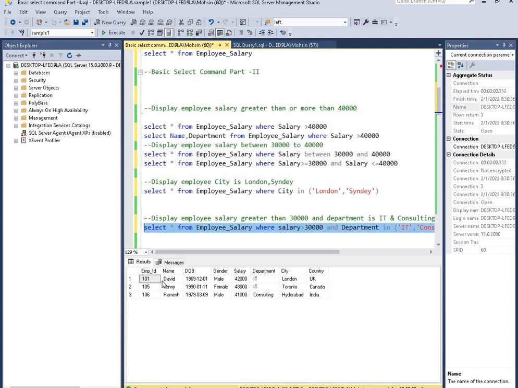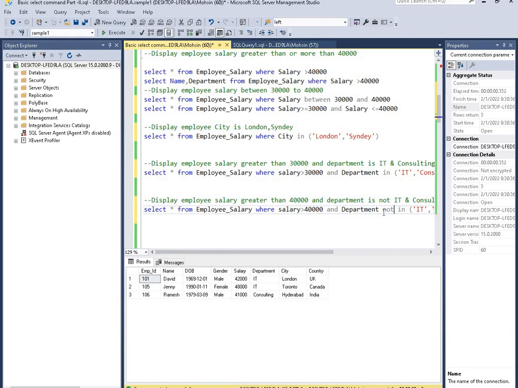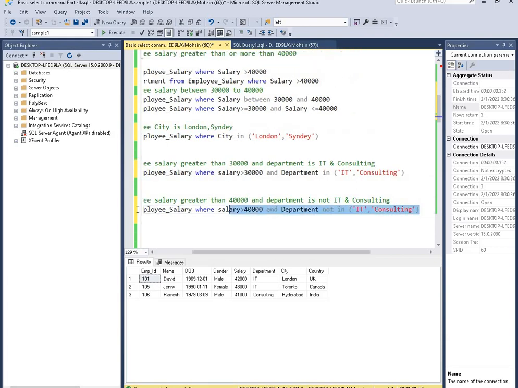The next question is the same, and it is asking salary greater than or equal to 40,000, and department is not. I'm just copying this, pasting here, and replacing 3 with 4. Here it is saying that it is not looking for department IT and consulting.